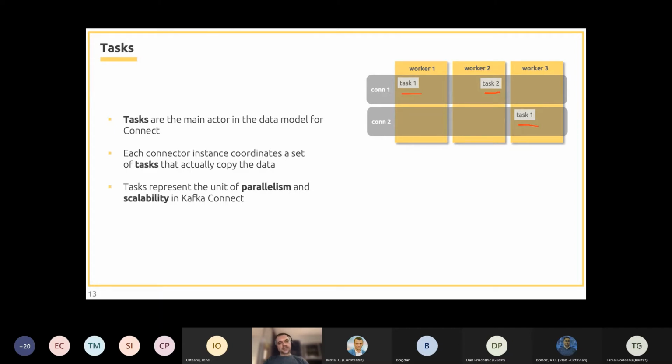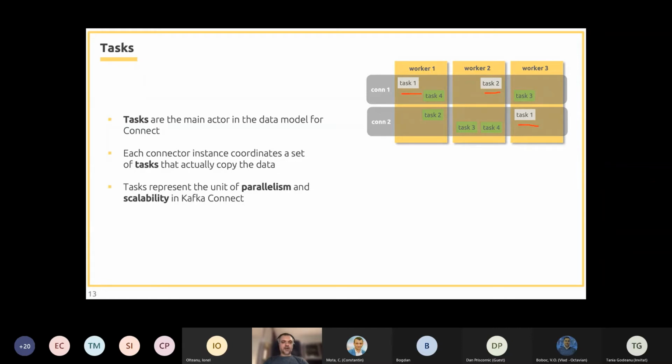And we can scale not just by adding more workers, we can also configure more tasks in our connector instances. For example, for connector one we can add two more tasks, and let's say in connector two, we can add four more tasks, in order to increase the scalability and the parallelism.